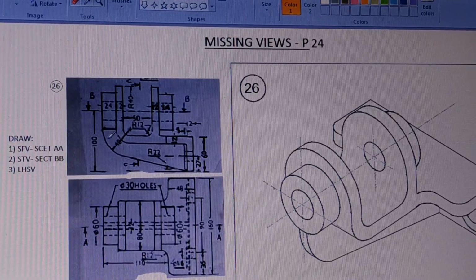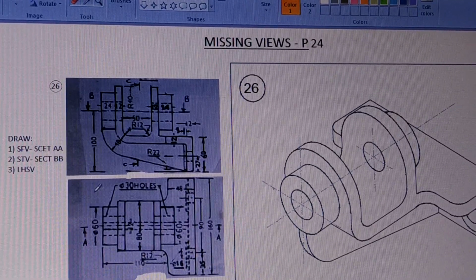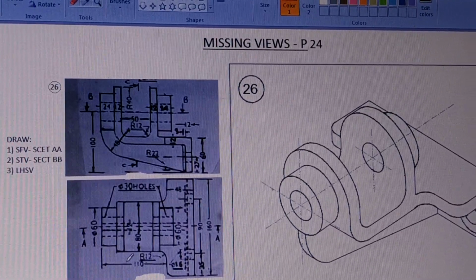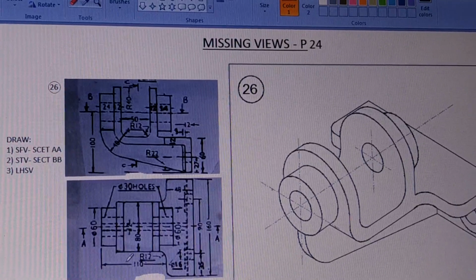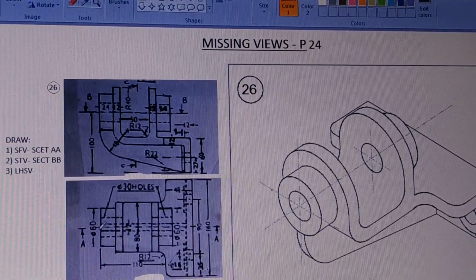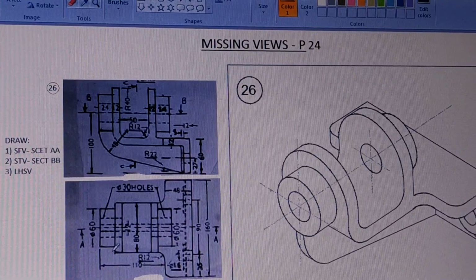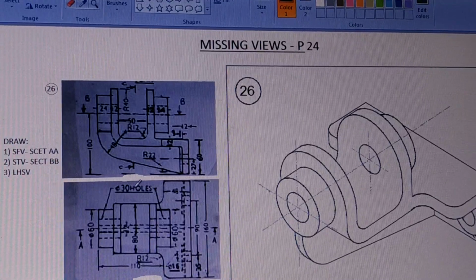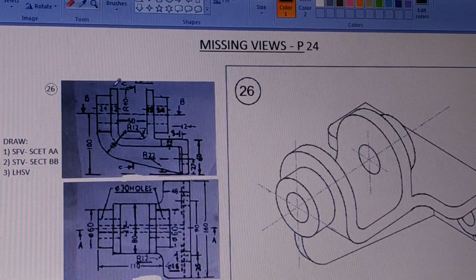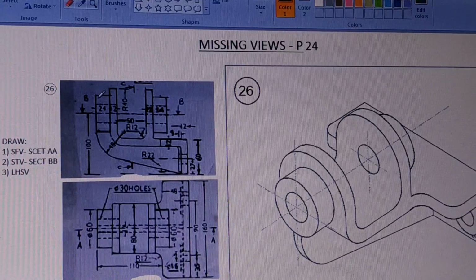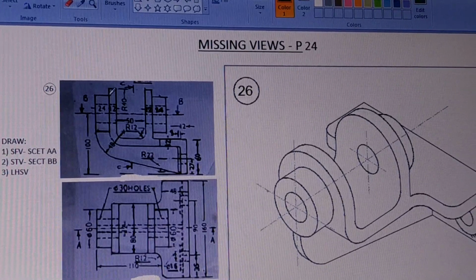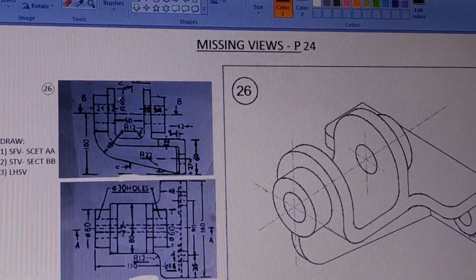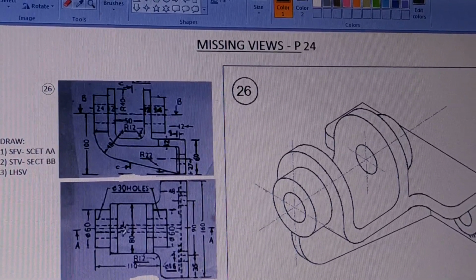So if you look at only this much part of the front view and the corresponding part in the top view, then you will be able to realize what kind of shape is expected there. As you see here, there is a 60 diameter shape shown, same thing is here, and inside that there is a hole of diameter 30. So you can think of this part as something like a cylinder with a hole, and at the back of it there is some kind of a plate shown, the same plate is shown here also.